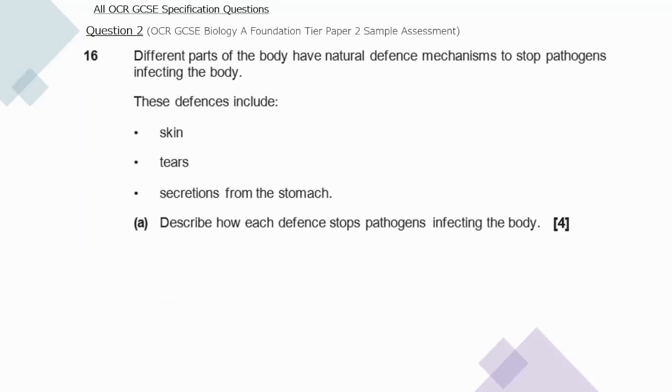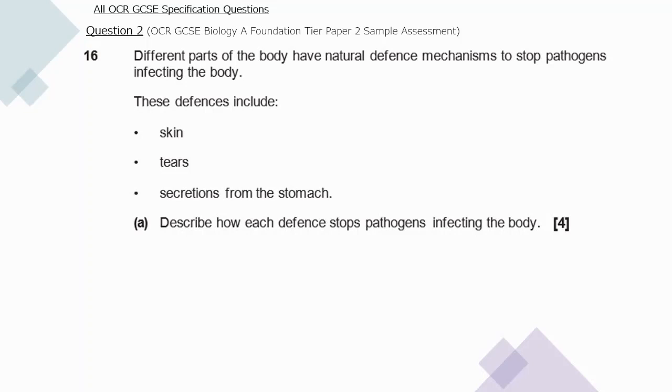Question 2. Different parts of the body have natural defence mechanisms to stop pathogens infecting the body. These defences include skin, tears and secretions from the stomach. Describe how each defence stops pathogens infecting the body. So we know that the skin acts as a barrier, and it also has microflora, so bacteria on the skin, which competes with